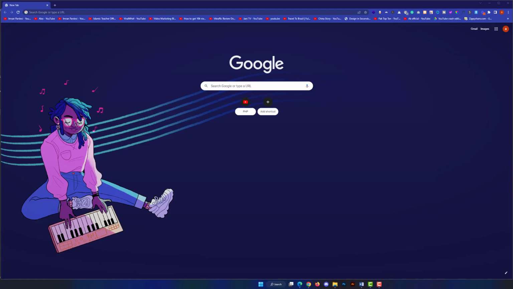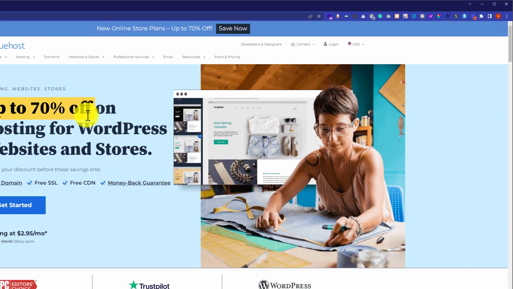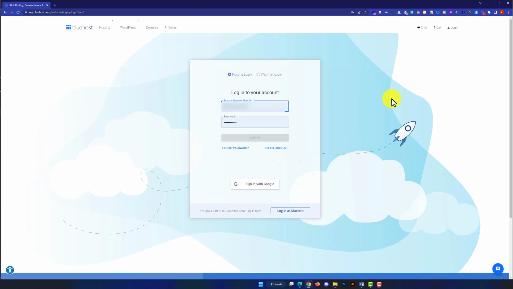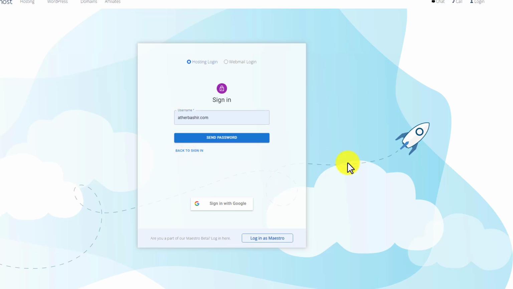Now we are going to see how we can change our password without logging into our account. In case you do not have access to your Bluehost account, then you can use this method to change your password. Go to bluehost.com and from the top click on login. Here you will see a forget password button just below your login form. So click on it. Here you need to enter your username or domain name and then click on send